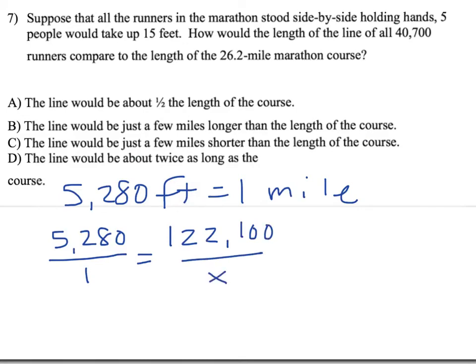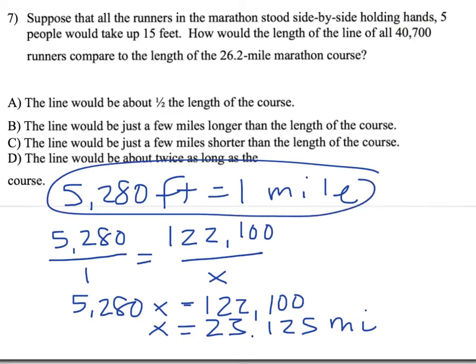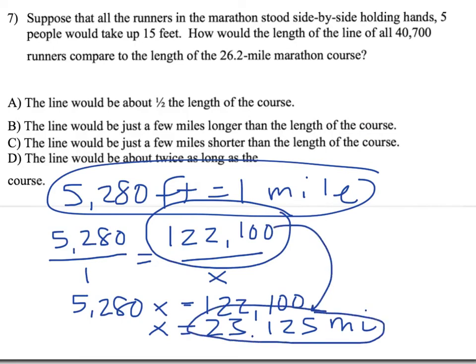And if I look at my fractions, I can't simplify them. I'm going to have to cross product. So if I cross product, I get 5,280x is equal to my 122,100. And divide that out, I'm losing space, but I get x as 23 and 125 thousandths. Now this is in mile form because I just converted my feet to miles using the conversion factor. So I know that this 122,100 feet is the same as my 23.125 miles. So if I compare the 23 to the 26, I know I'm a little bit shorter than the